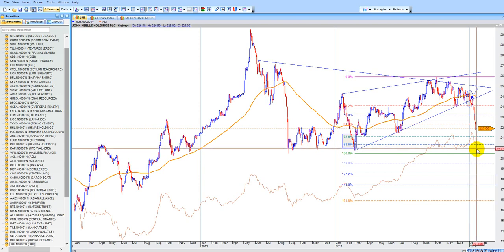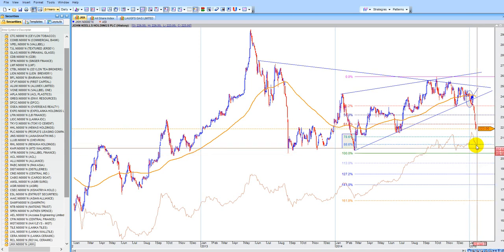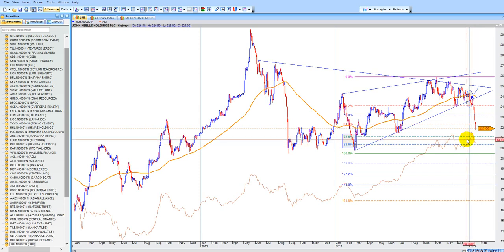It all depends, and we have a support around 205. Okay, or we can say 204 in that region. So is it worth holding JKH on a long-term basis, or is it worth doing a trade? For me, looking at the 3-year horizon here, it has performed well. One of the favorite blue chip companies for the foreigners.